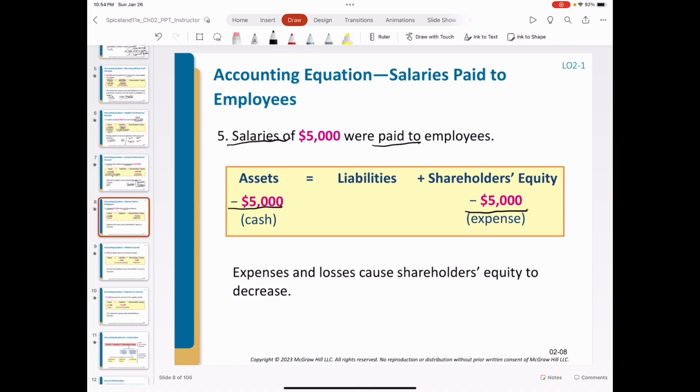Now you will see this transaction also has a dual effect. One is cash, an asset account. The other is expense, which will be reported in the income statement, but it is also related to retained earnings. Different from revenue, which increases retained earnings, expense actually reduces retained earnings. Or recording an expense is equivalent to a reduction in retained earnings. This transaction has an impact on the financial position.